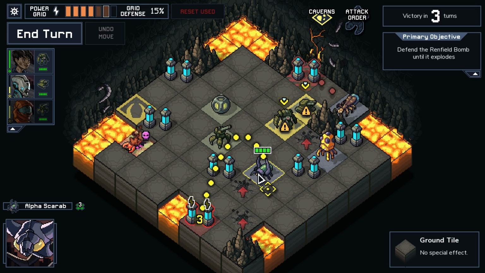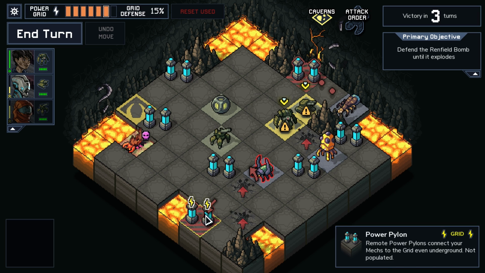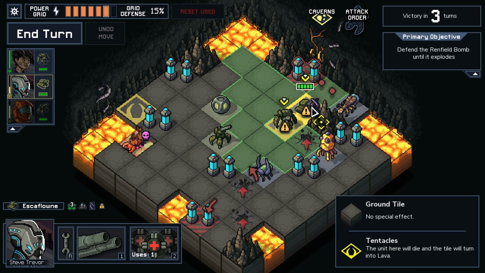This guy has 4 health. I'm not sure how the lob is going to go if he's targeting this back tile. Like if I push him 1 forward, does it just go to this tile anyways, his attack, or will it shoot over? Don't know. And then...